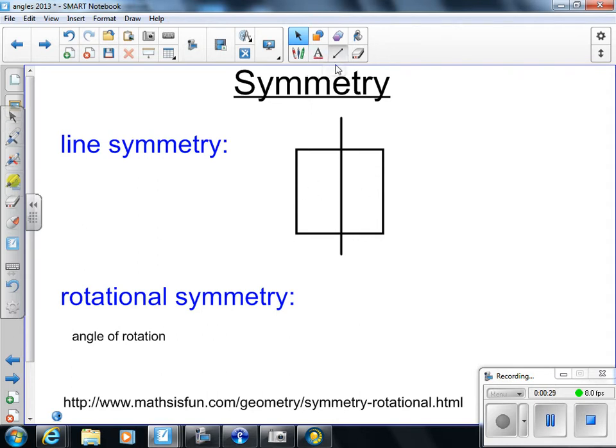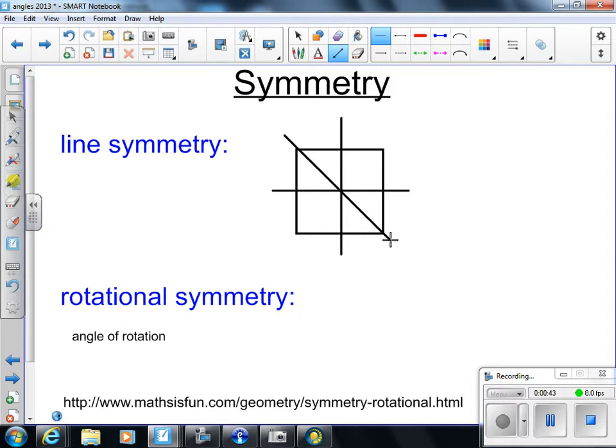I could also draw a line of symmetry across the center, couldn't I? Makes it look like it's exactly the same top to bottom. Are there any other lines of symmetry? Okay, your diagonals. Now, is that going to work in a square or rectangle? No, your diagonals don't work in a rectangle, so just be very careful. If you're taking this on an assessment or something and you really want to be certain about it,